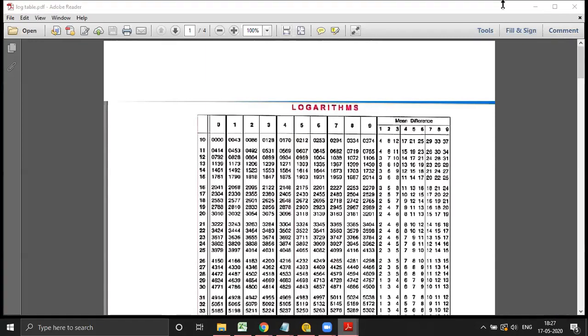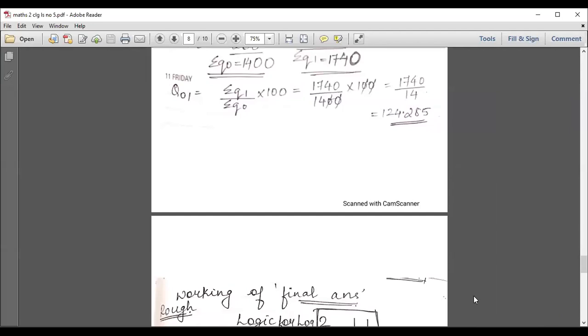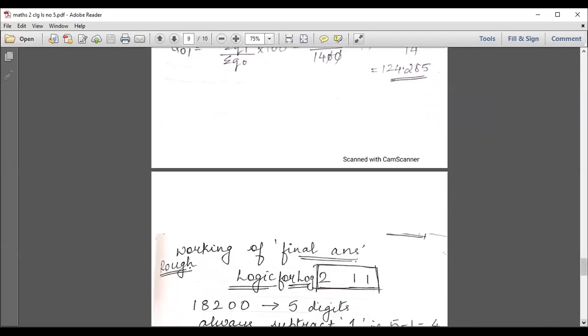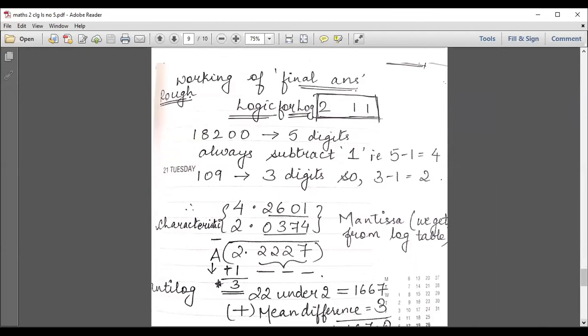Moving on to the topic again, I'll first explain the working and then show you practically how to use that logbook. Just take an example here. Before we go, just try to understand the concept. What is log? What is the logic behind logarithm? For logarithm, always remember the formula is 211. I repeat it again, 211. You can see it on your screens as well. Now, what does this 211 represent?